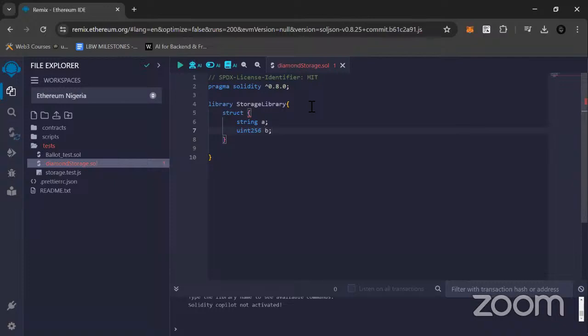So this is what we would actually use to interact on the blockchain on a slot. Every time we call that slot dynamically, we are going to be able to retrieve data from these two variables. They are not state variables, but we'll be able to retrieve data from them. So after that, the next thing we're going to do is